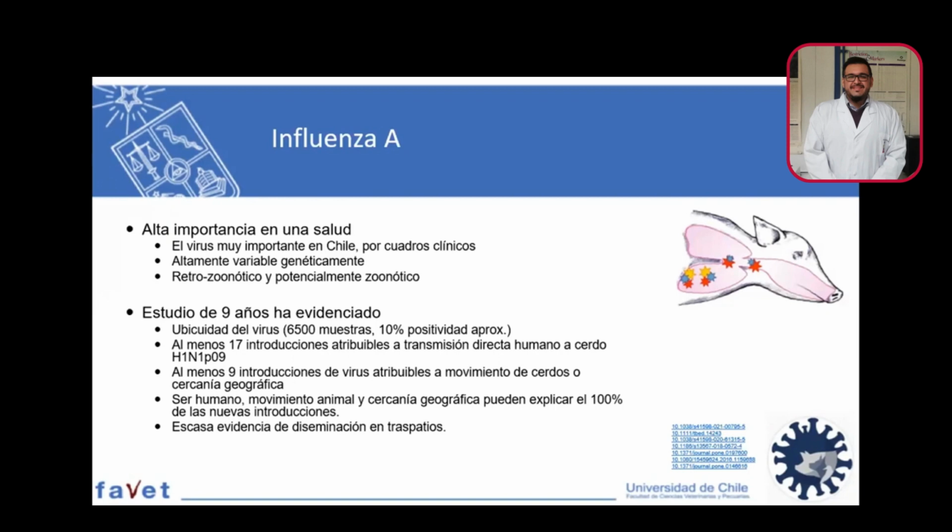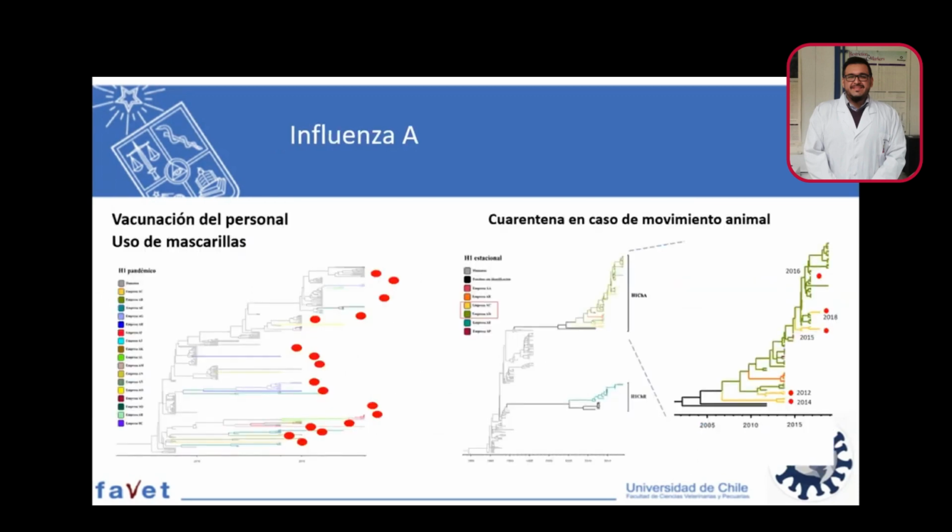There are also other variants, not from the pandemic virus, which have been transmitted, attributed to closeness in distance or to animal movement. Geographic closeness explains 100% of this new virus introduction, unlike Pierce, which showed something not clear, and it could be associated with the stealing act, something that has not happened in influenza because backyards are all